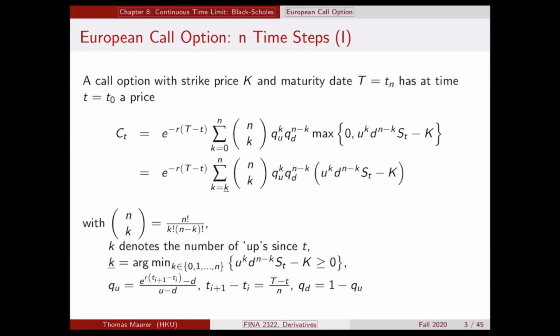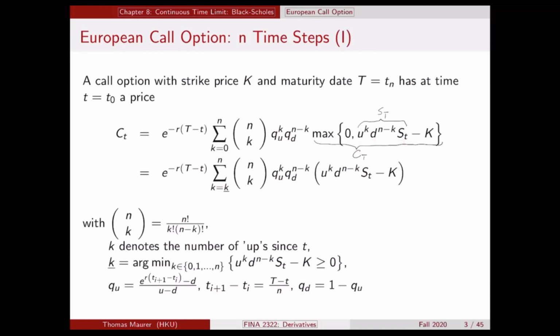We have seen in chapter 7, at the very end, how we can write the price of a call option with strike price k and maturity after n time steps. That can be written by the fundamental theorem of asset pricing, where here in the back is just the payoff of the call, depending on what the value is of the underlying asset. And this u to the power of k times d to the power of n minus k times the asset price at time t,